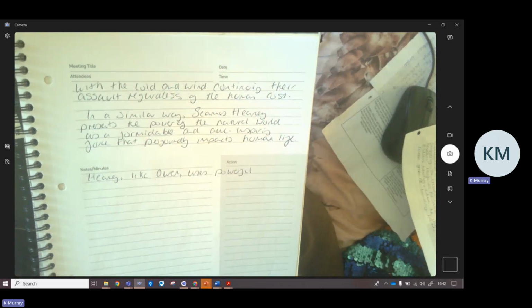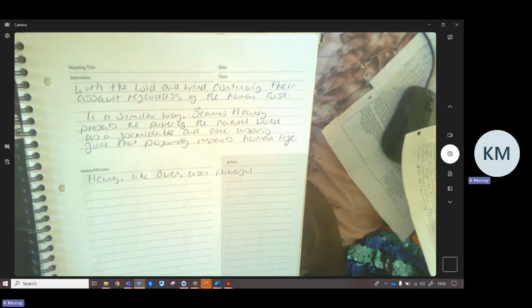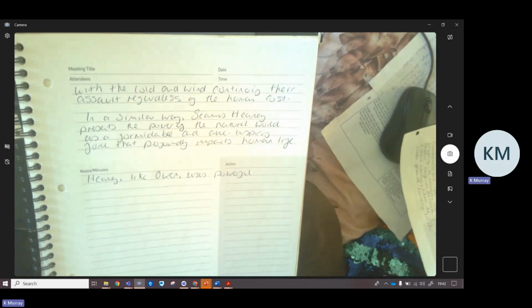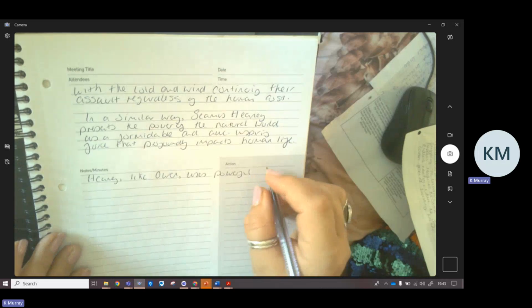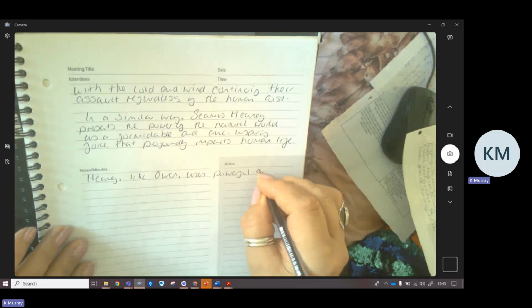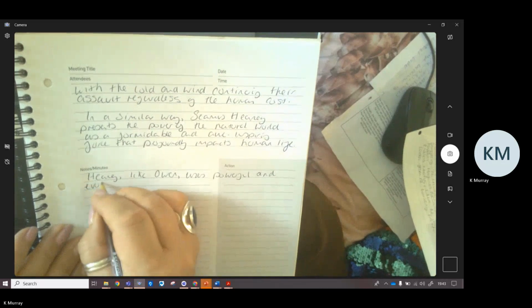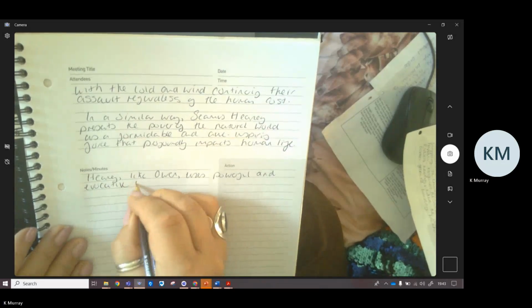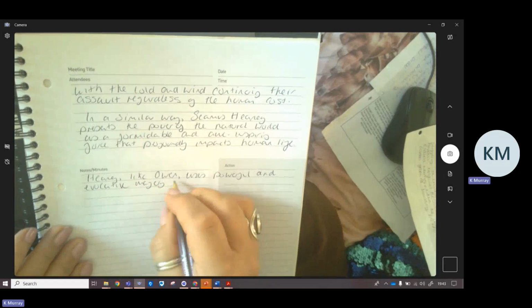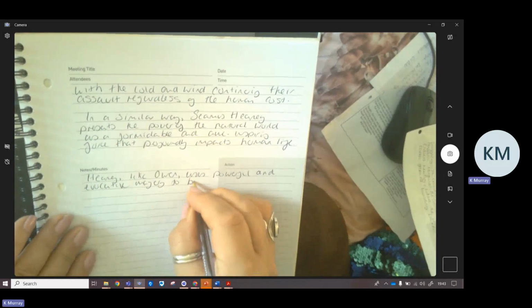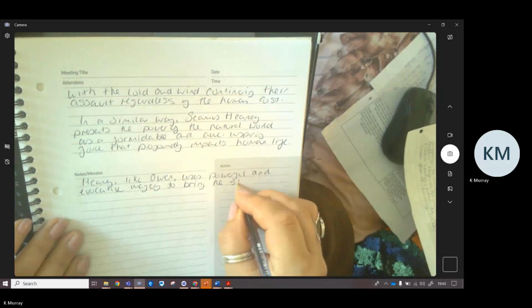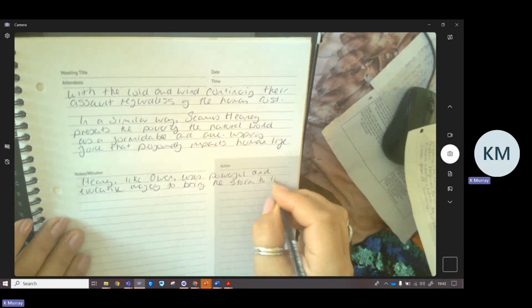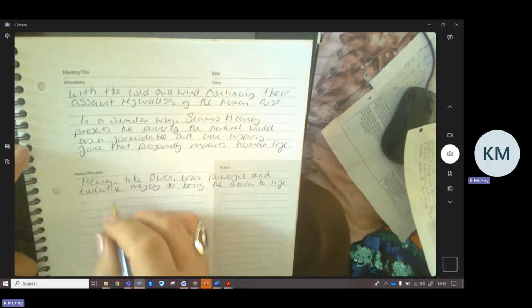I've seen really clever students answering these questions, absolutely tying themselves up in all sorts of knots where they try to do really clever things with comparison when you don't have to. Keep it simple and straightforward. Uses powerful and evocative imagery to bring the storm to life. Okay, phrases like